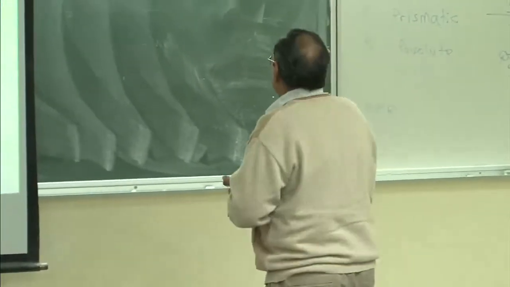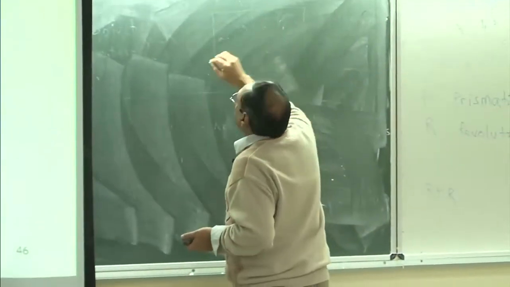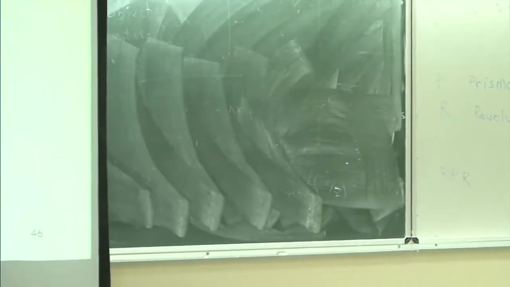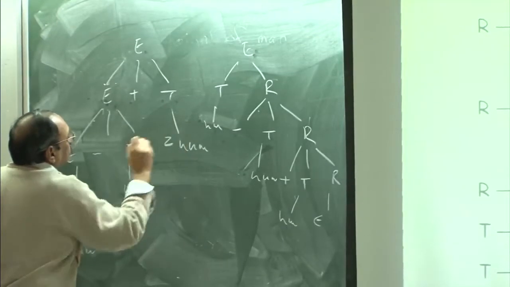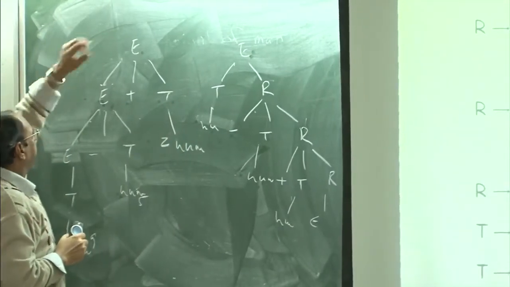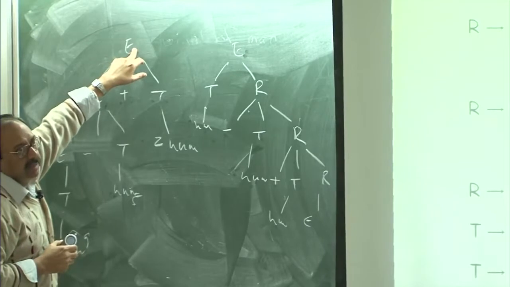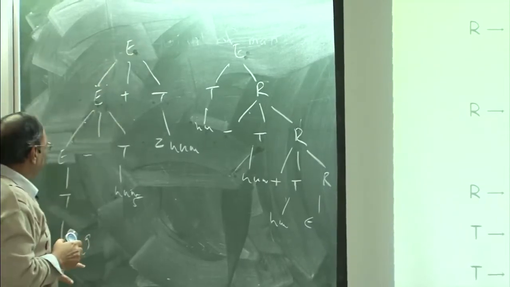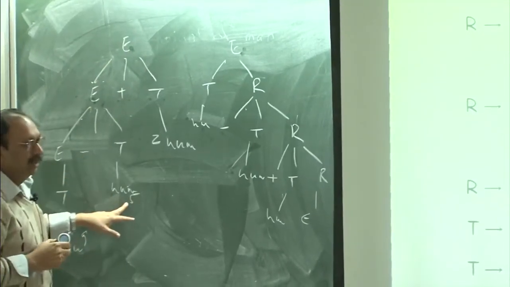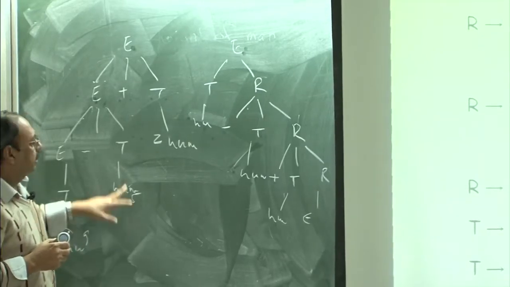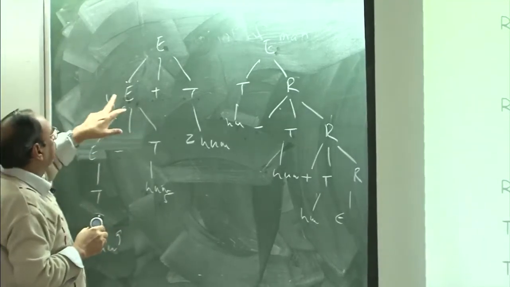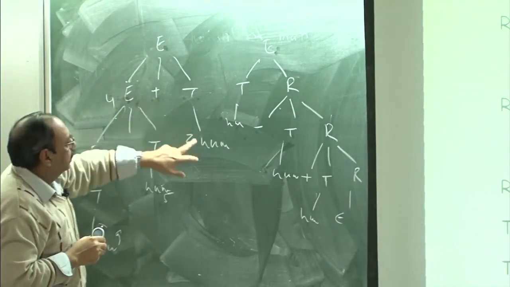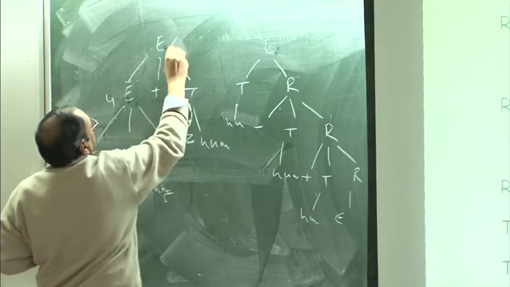So, look at it this way: suppose I have this value. Let me just put some numbers here. Suppose this number is 9, this number is 5, this number is 2, and what I want is the value of this expression to be available at this point. So, what will be the value? You will take this value, this operator and this value, evaluate it, and say this value is 4, and therefore this value becomes 4. Then you will say I know this value, I know this operator, I know this value, and therefore this value becomes 6.